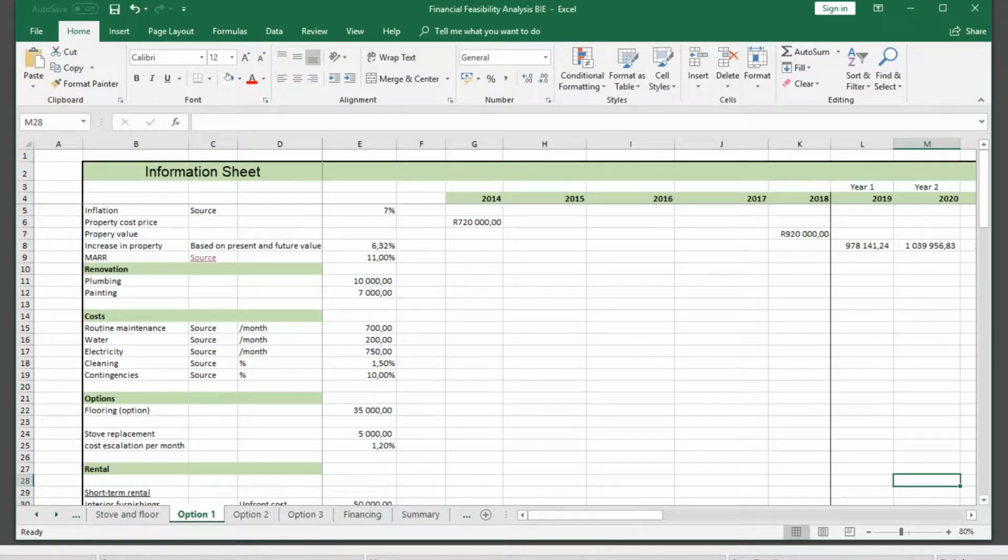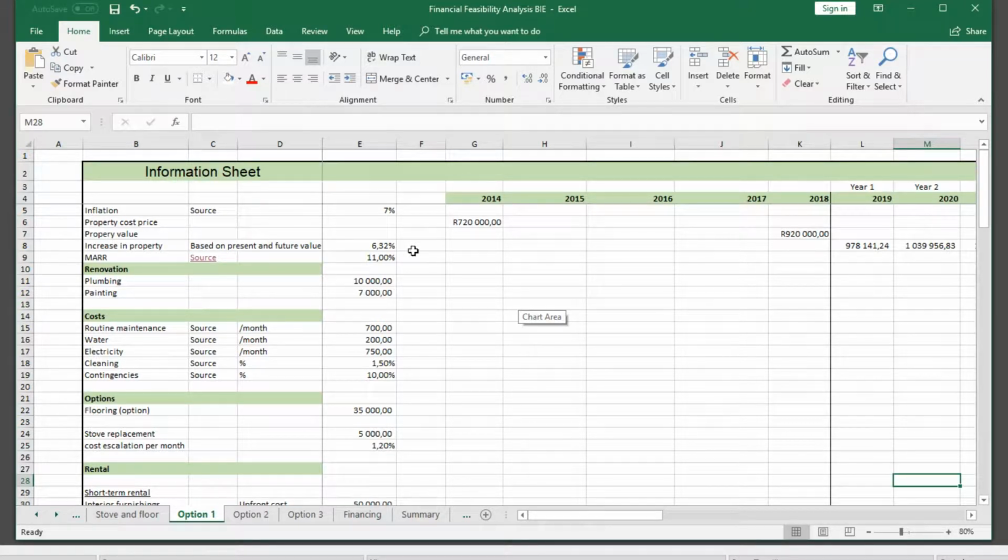I have made an information sheet that includes all the data listed in the report. I have also included different internet sources that gave me the uncertainties and the assumptions that I needed to make for the different options. Firstly, we will look at the inflation rate that I've chosen, which is 7%, as well as